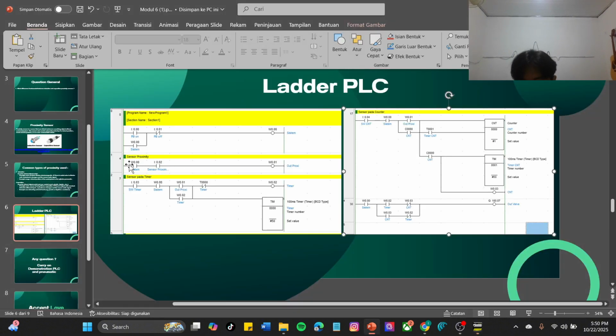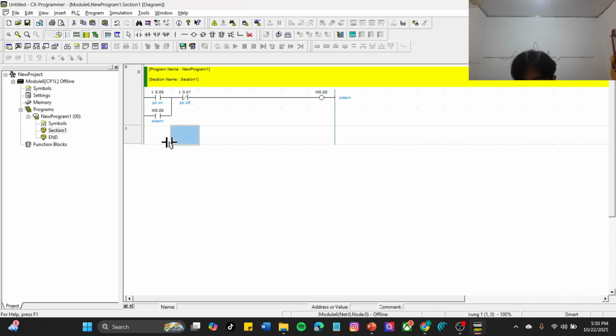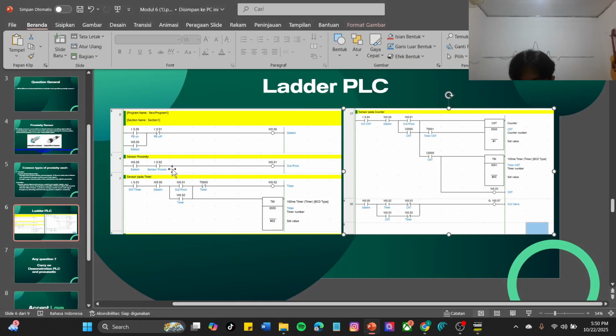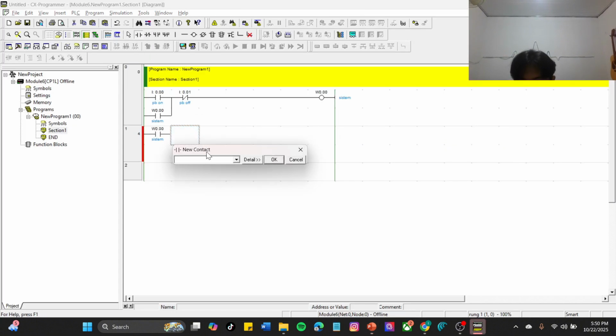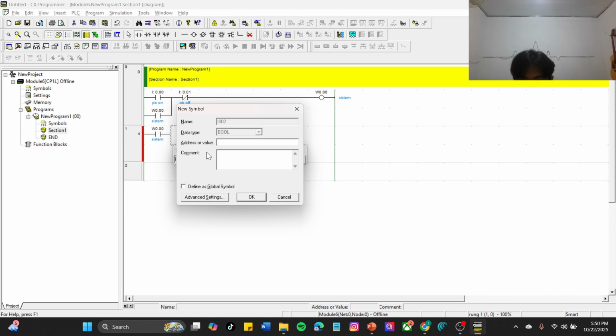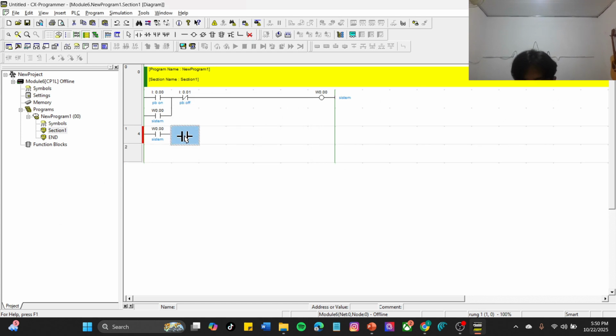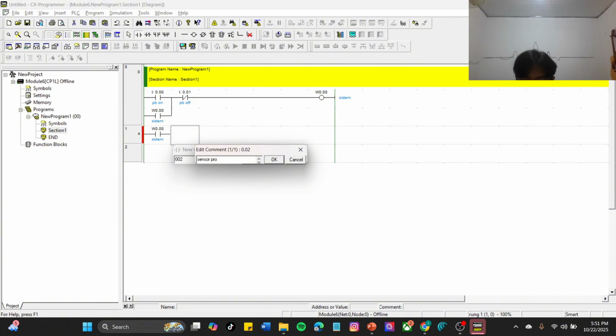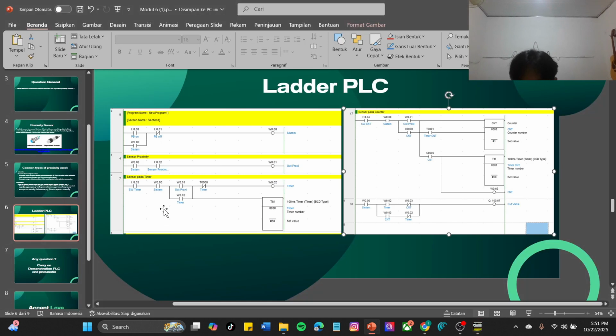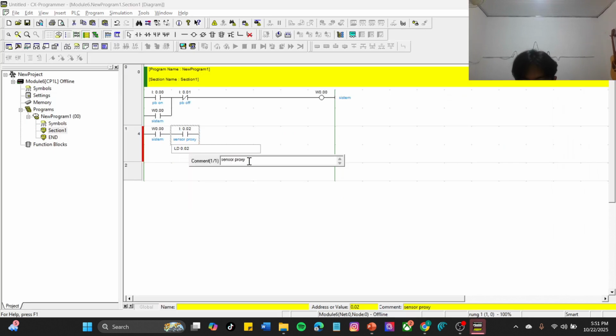Next, make the proximity sensor. For the proximity sensor, make the system contact here, W0 system, okay, and the sensor proxy here, 002, sensor proxy, like this, proximity, like this.